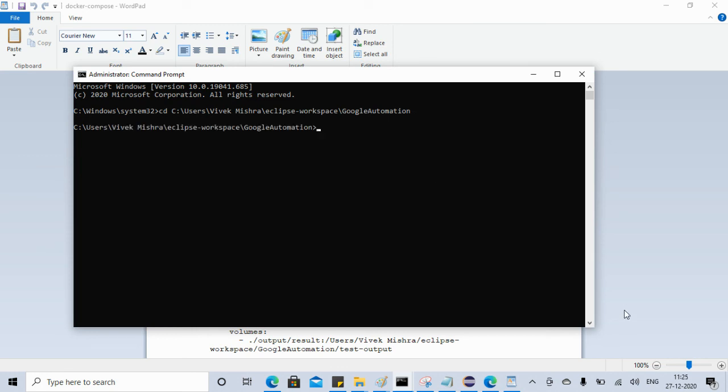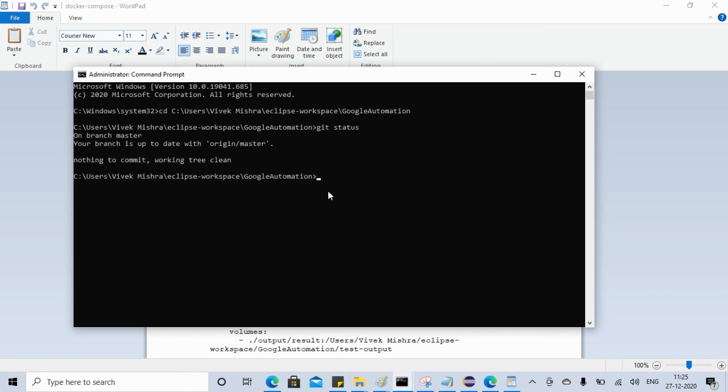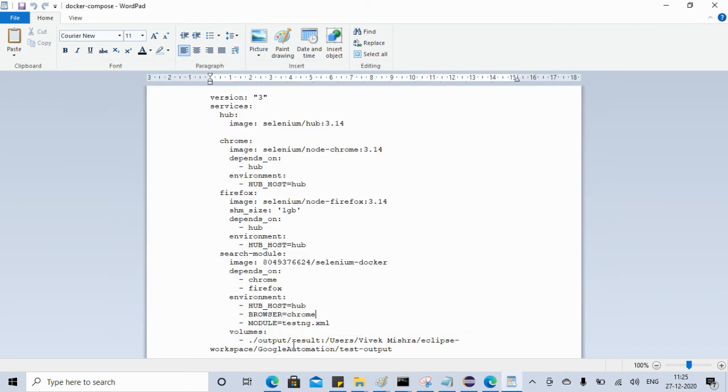Let's say git status. Everything is up to date, but we have to execute this Docker Compose file that is here, right? So let's try to execute it first.